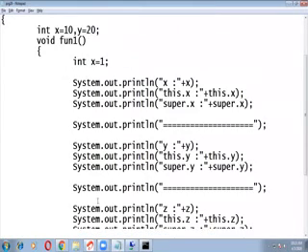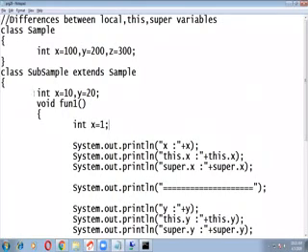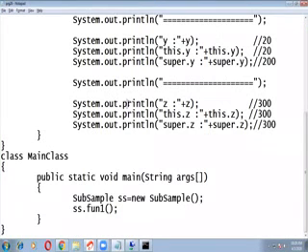See, if there is no local value, then it checks for instance. If there is no instance, then it checks for super. Right? Priority checks like that. If it is there, we can differentiate. Here x is there, here also x is there, right? How to differentiate? X means it gives the priority to local. If that is not available, then it takes instance. Clear? That is how it checks the values, right? Yeah, next one is